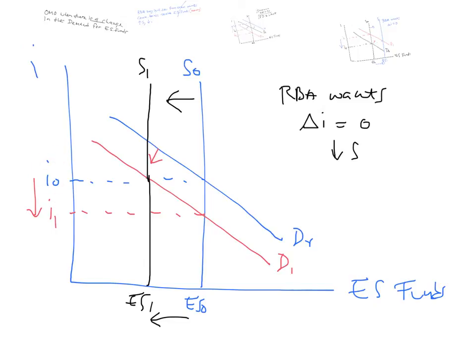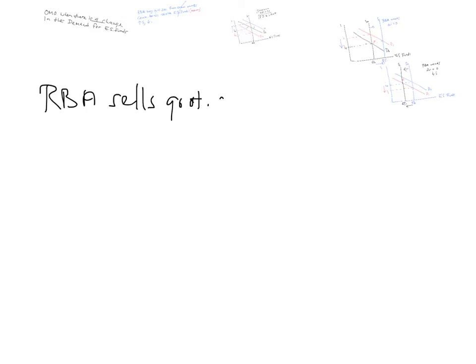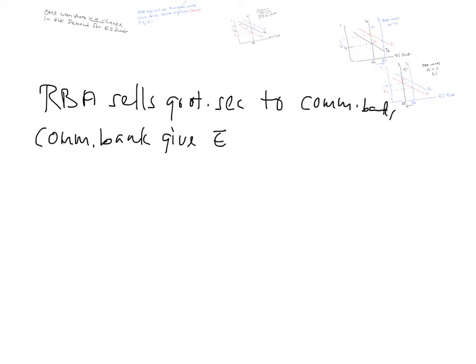Okay, so what is going on is there's open market operations going on, right, where the Reserve Bank of Australia is selling government securities to the commercial banks. Okay, the RBA sells government securities to the commercial banks. Okay, so the commercial banks give exchange settlement funds, or essentially they give money